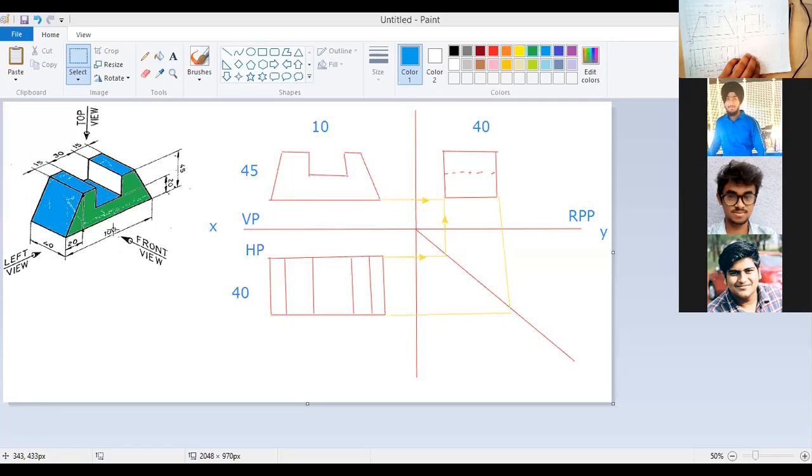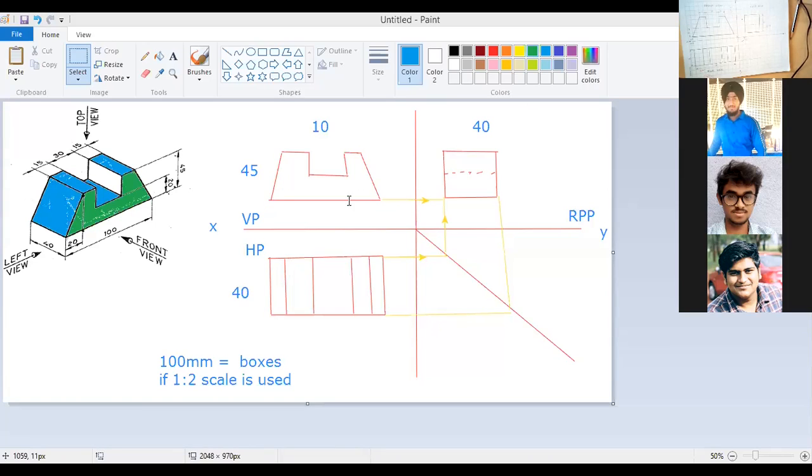For example, here a 100 mm line is there, meaning you are supposed to draw it for only 5 boxes. That is 50 mm if 1:2 scale is used. Are you able to get it? I hope you have understood that.